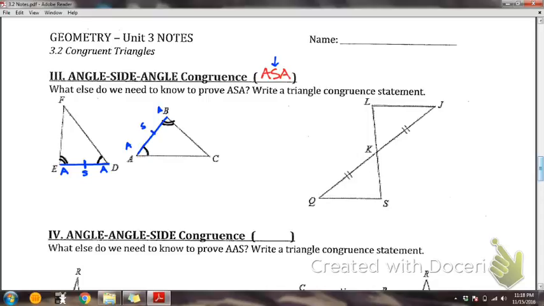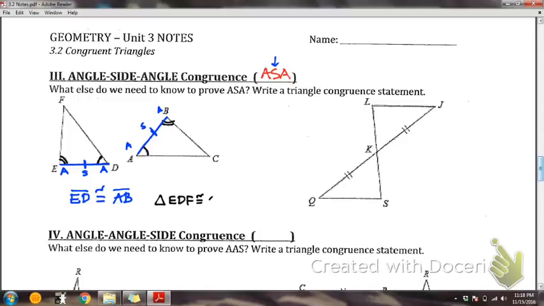So I would need to mark the 2 segments that we marked, segment ED congruent with segment AB. That would give me angle, side, angle. Then I would be able to write my congruency statement. So I'll write the first one. If I said triangle EDF,